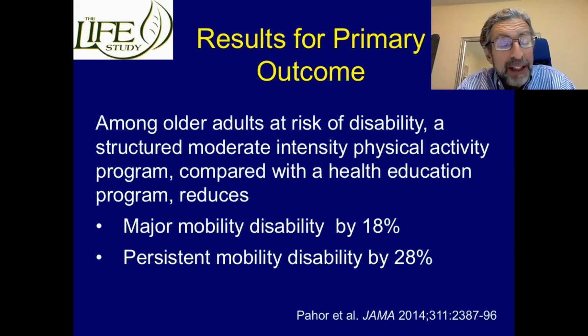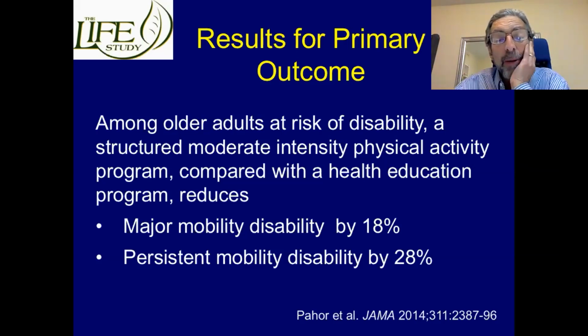And we expected there to be a fair amount of concurrent illness. About 40% of our participants were hospitalized for one thing or another during the study, but often were able to come back and take up the exercise program again. And so the idea of persistent mobility disability, which was where they became disabled and then couldn't recover from it, was important. And here we saw an even bigger impact of the intervention, so that there was a 28% reduction